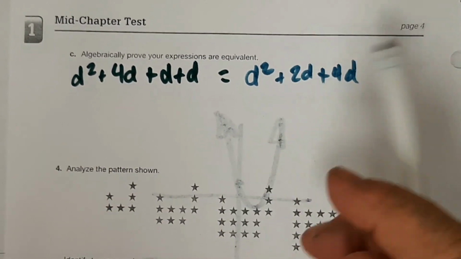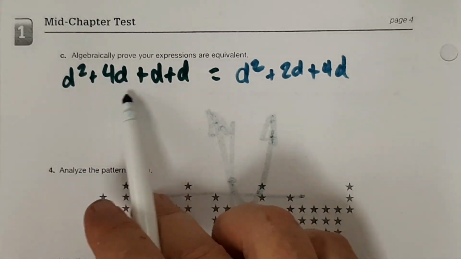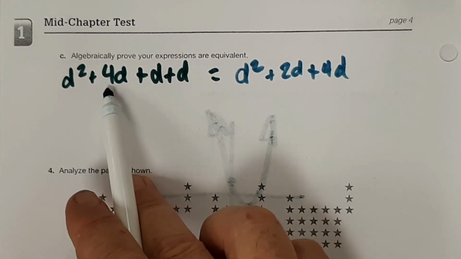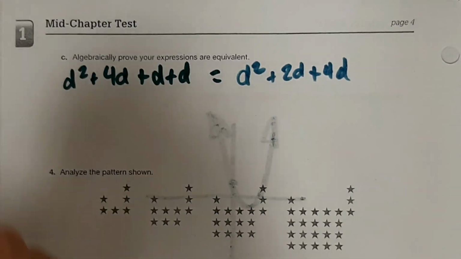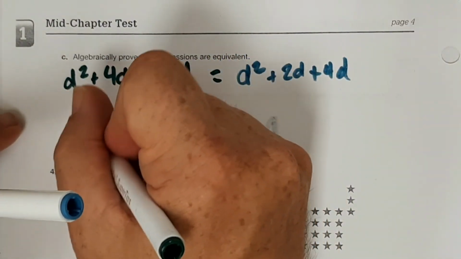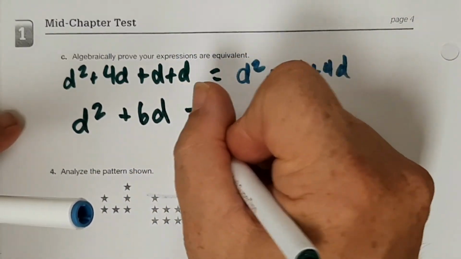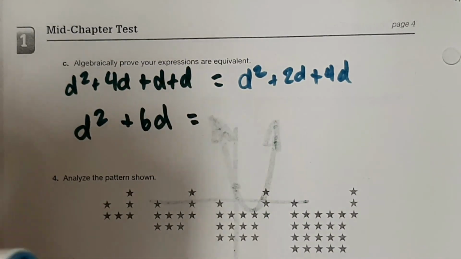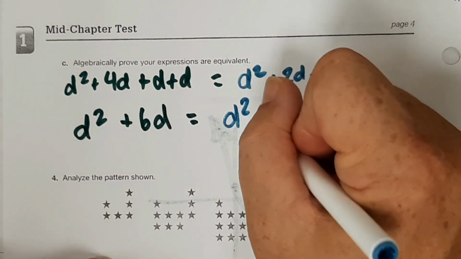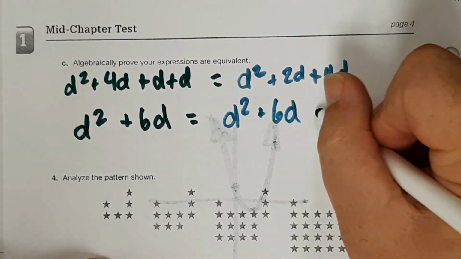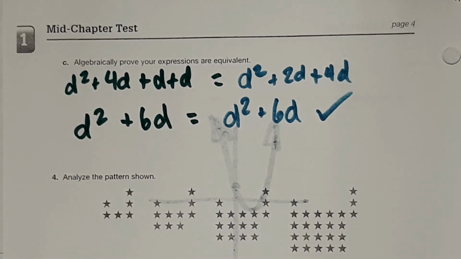So if I'm combining like terms, the d squared stays by itself. We can't add anything to them. But here, these d's I can add up. So I have 4 plus 1 plus 1. So this one is d squared plus 6d. And we want to see if it's equal to this one. Well, here I have 2d plus 4d, so I have d squared plus 6d. So that checks. And that works out. So those are equivalent